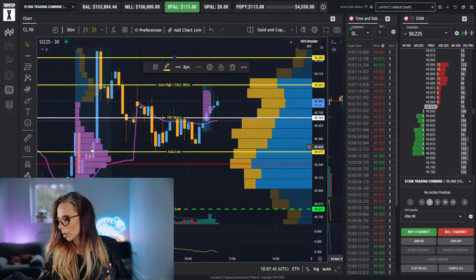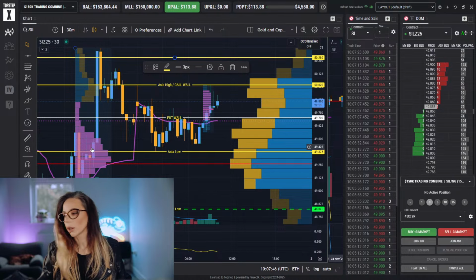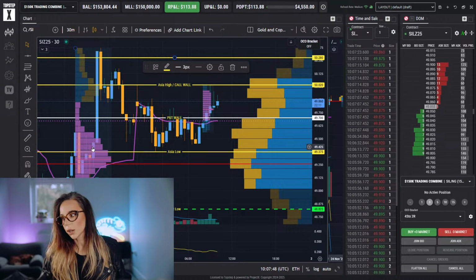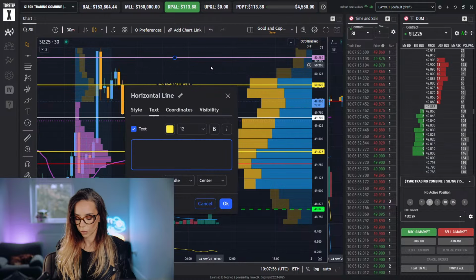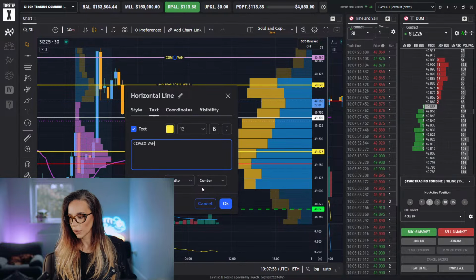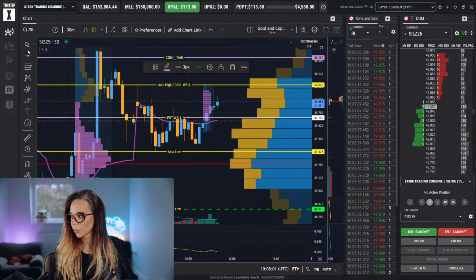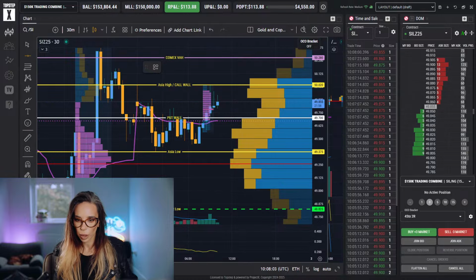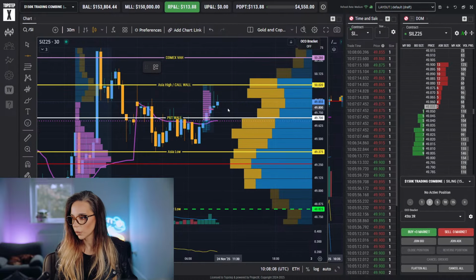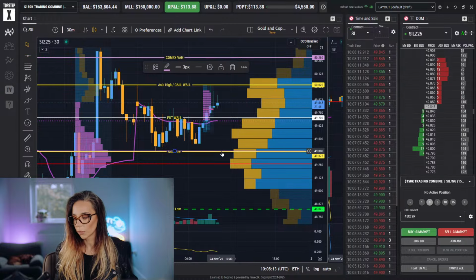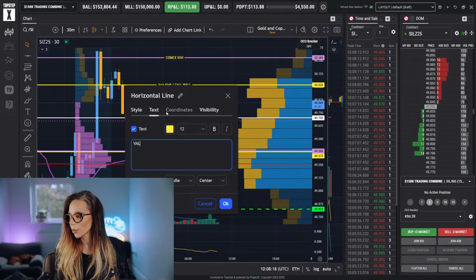I'm just looking at whether this was a Friday. I think so. All right, so I think this is a case when the TPO value and the volume value are a little different. But we'll have a look. 49.38 is the value low. It's right at Asia low. That's interesting. It's a good confluence there.